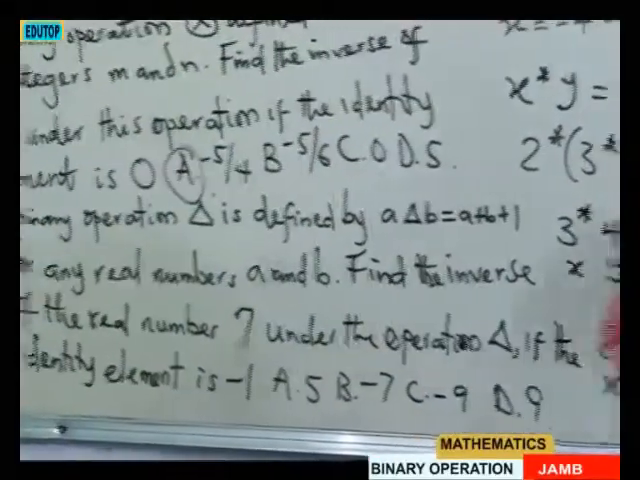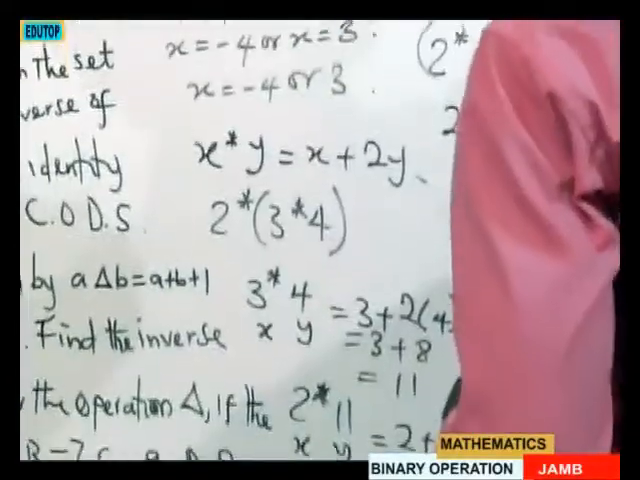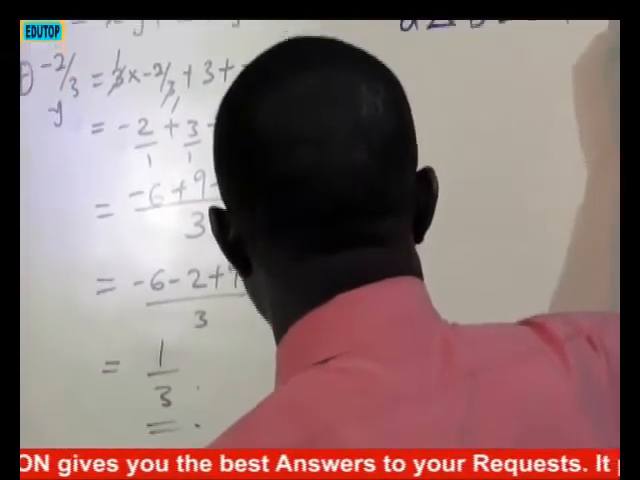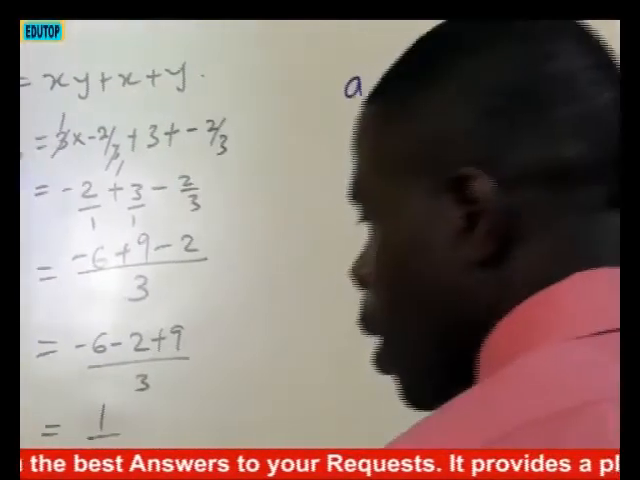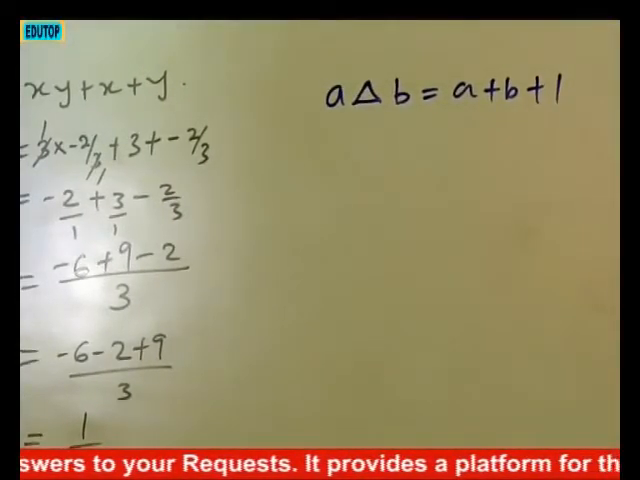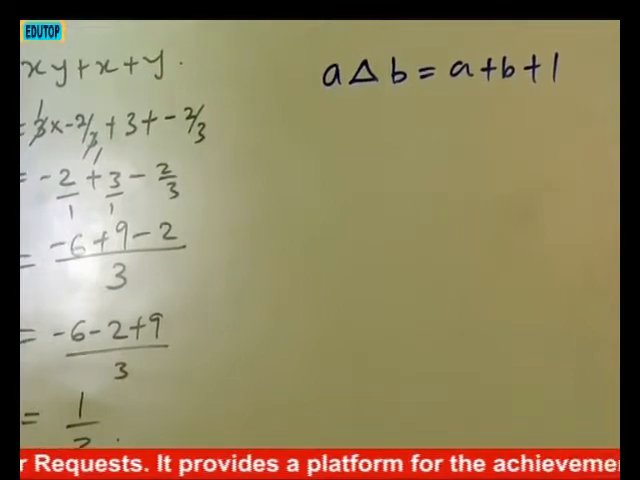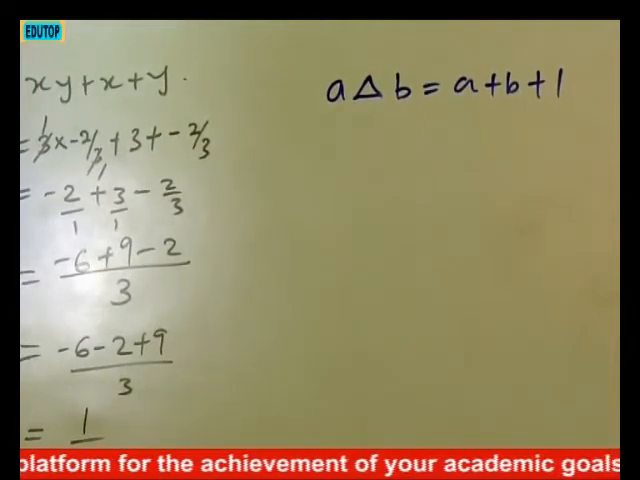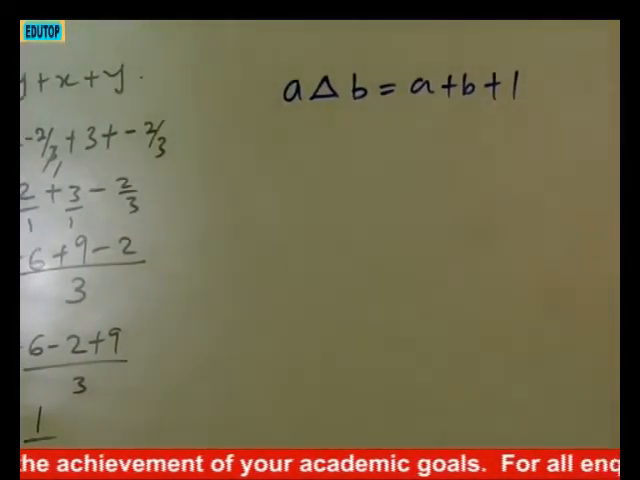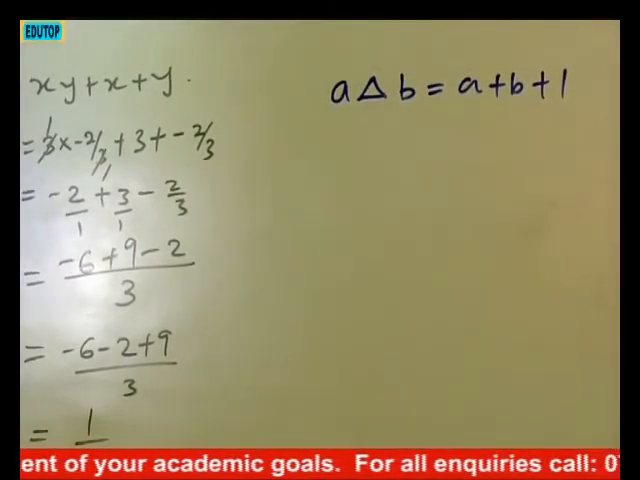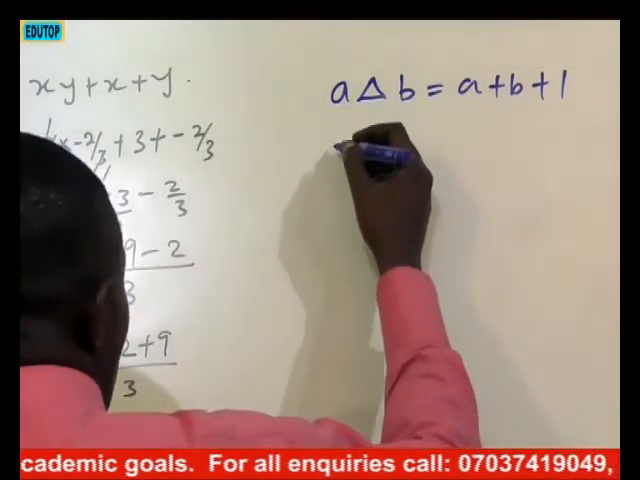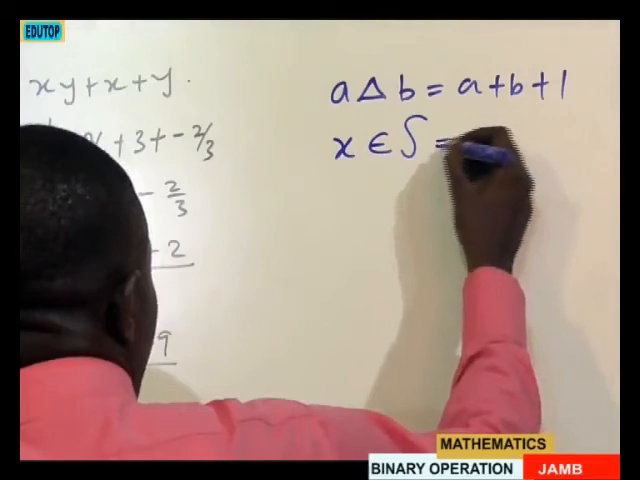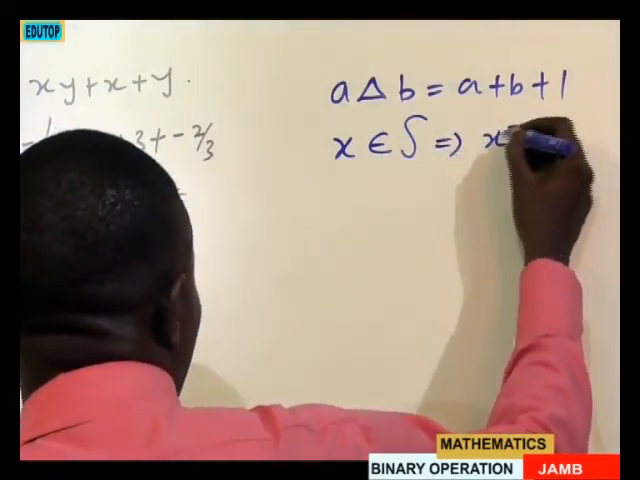Now, question 6, binary operation. So we have this operation A triangle B. A operation B is the same thing as A plus B plus 1. So in this situation, for any real numbers A and B, find the inverse of the real number 7 under the operation triangle if the identity element is minus 1. So this one is not different from number 5 that we saw. It's the same trend, same pattern. So here we have, if x belongs to S, it implies that x inverse